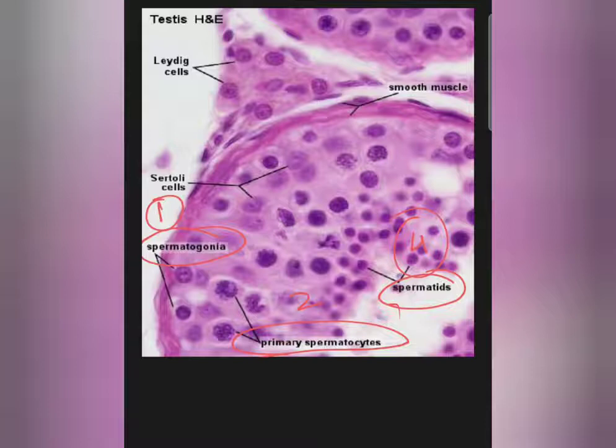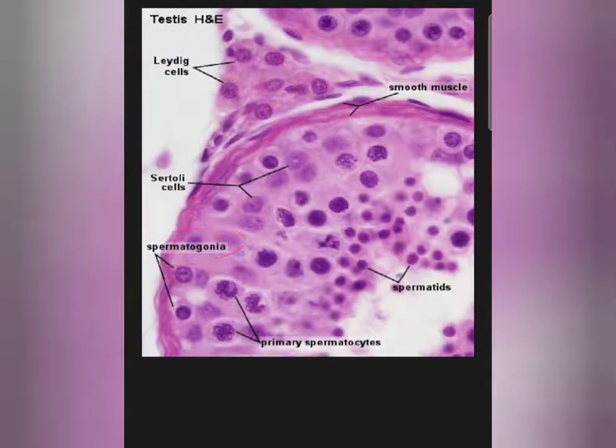So there are 5 stages of spermatogenic cells, and they are located from outside to inwards. The outermost one is the spermatogonia, which is also the youngest stage. After spermatogonia comes the primary spermatocyte, then secondary spermatocyte, then spermatid, the fourth stage, and finally the most matured stage, which is also the innermost cells, forming the spermatozoa or mature sperm. All these cell types fall under spermatogenic cells, which are one type of cells that form the seminiferous tubules.